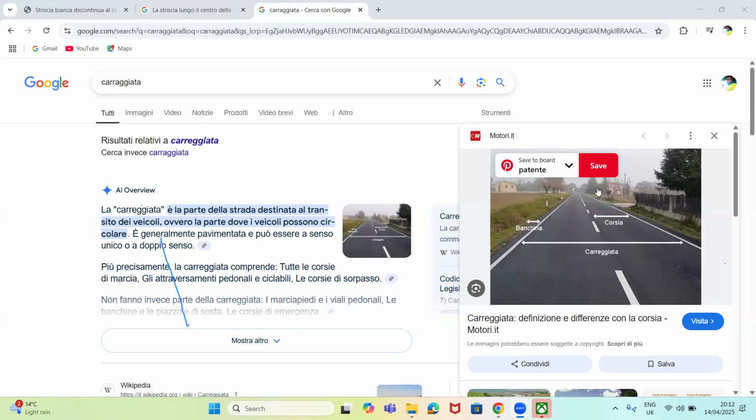Mr. Jeffrey, watch. Hello, Mr. Jeffrey. Good evening, sir. You're on a sharp curve. This road is senso unico. Can you overtake? Yes, you can overtake because it's a senso unico. Exactly. Because you are not scared that a car is coming from the opposite direction. Is it clear now?